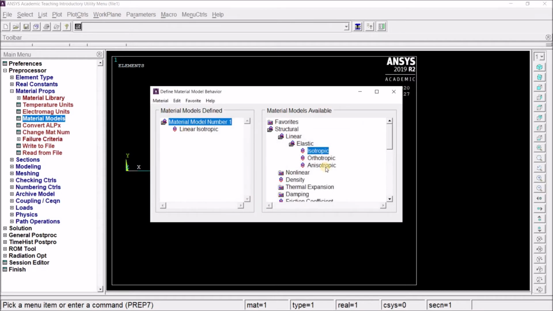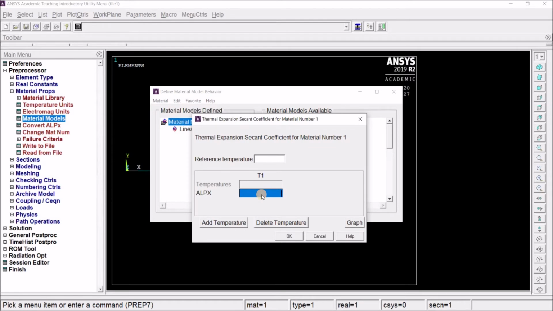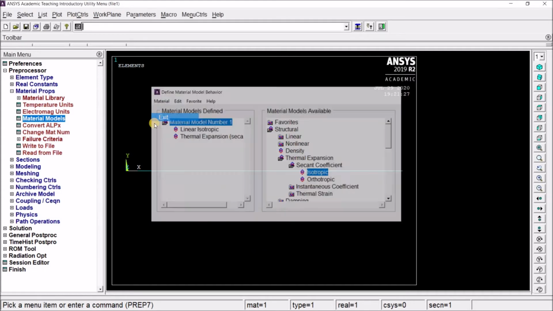Next, we must define the thermal expansion coefficient. For that, we must again go to structural, thermal expansion and select secant coefficient, isotropic. The ALPX value we can give as 12 times 10 power minus 6, which is 12e minus 6. Give OK and close this.